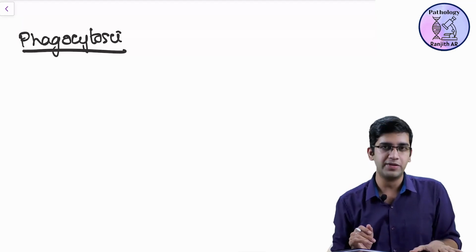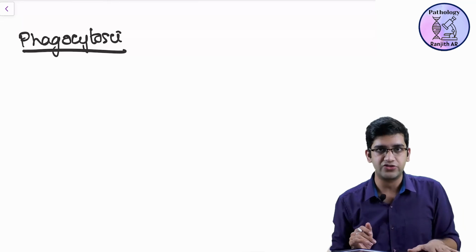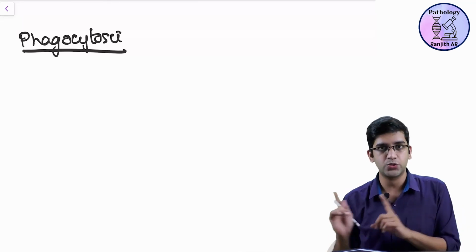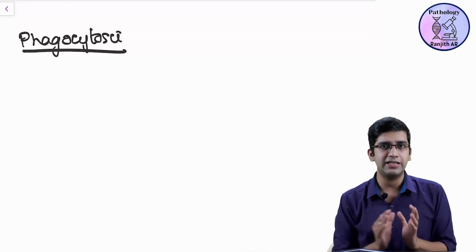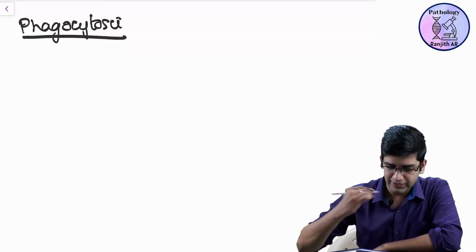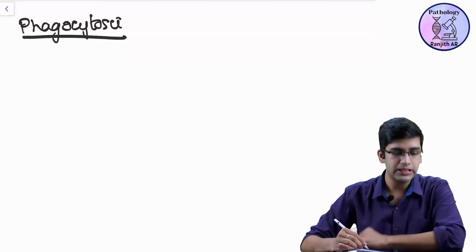The most important for me is oxygen-dependent destruction or respiratory burst. That's what we are going to concentrate more on. The other one, I'm not going to concentrate much on, but I'll tell about that as well. Fine. So for phagocytosis to happen, I need